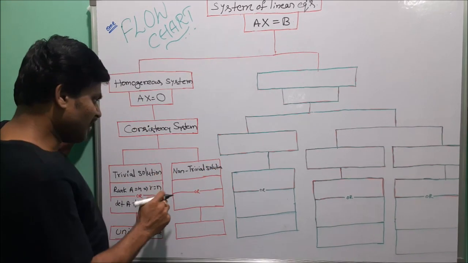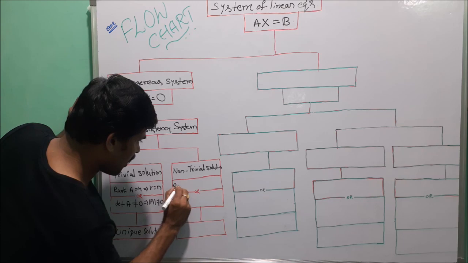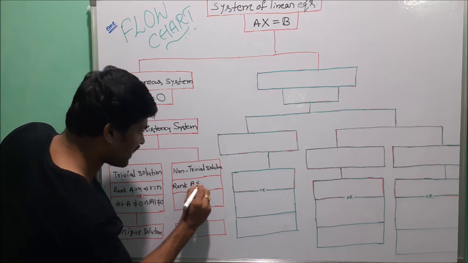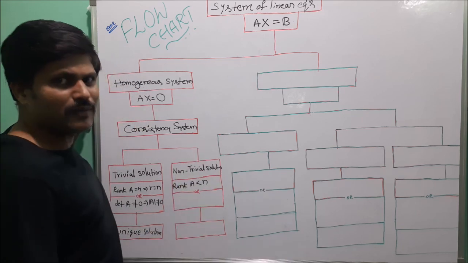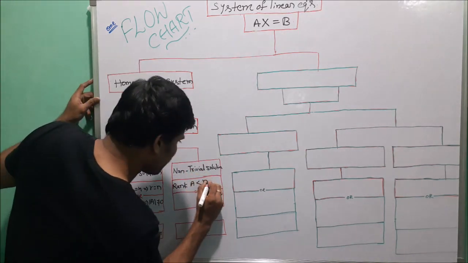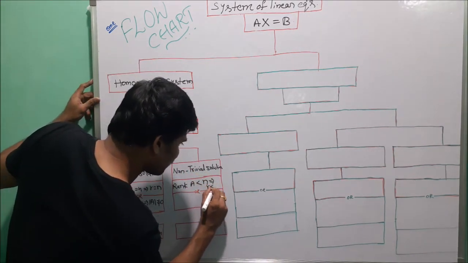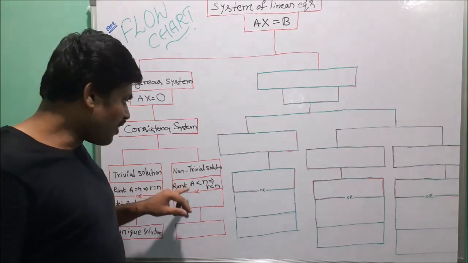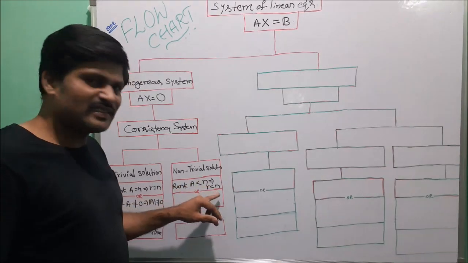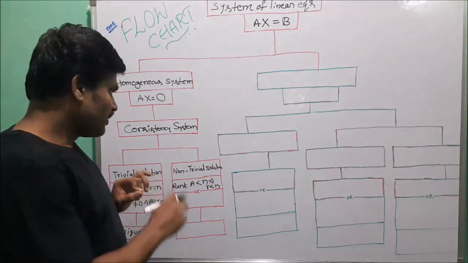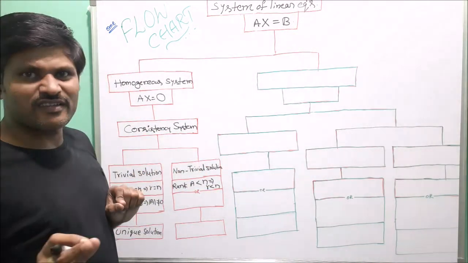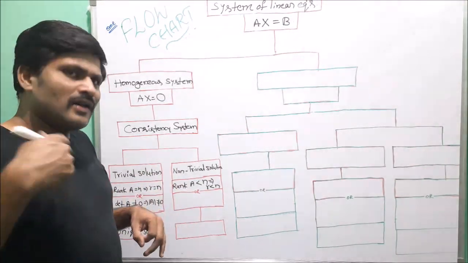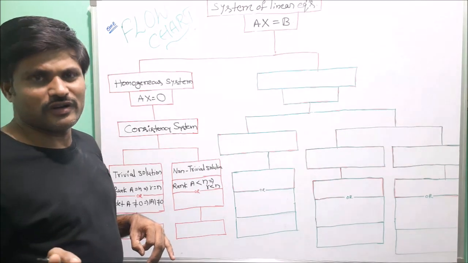It exists if the rank of A is less than the number of variables, which implies r is less than n. Based upon rank, the rank of the coefficient matrix is always less than the number of unknowns. Here a non-trivial solution exists. Non-trivial means the zero solution is included and at least one other non-zero solution.